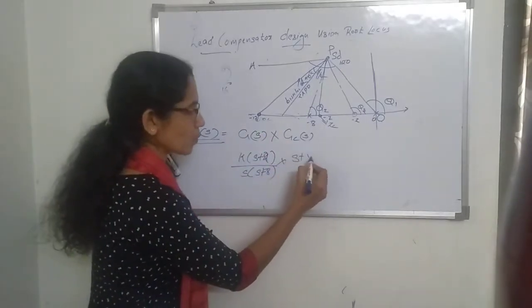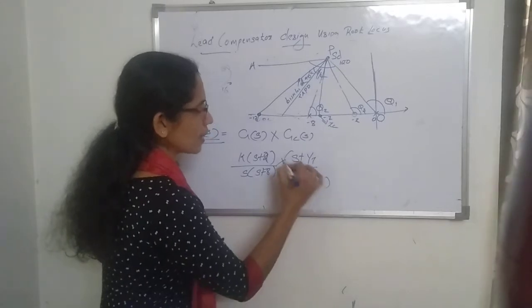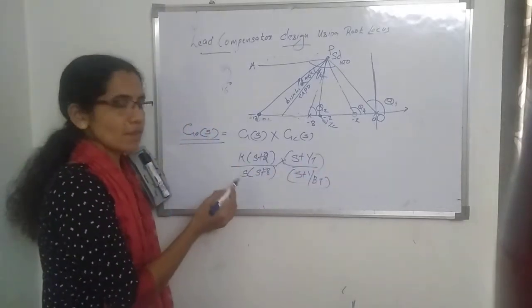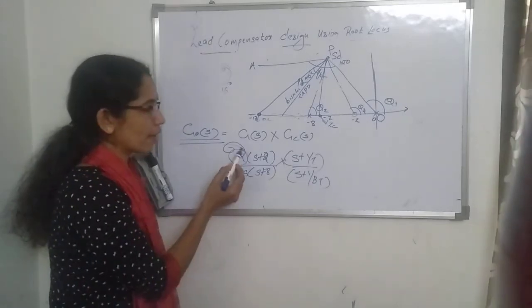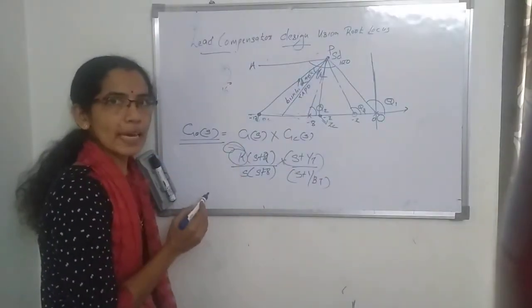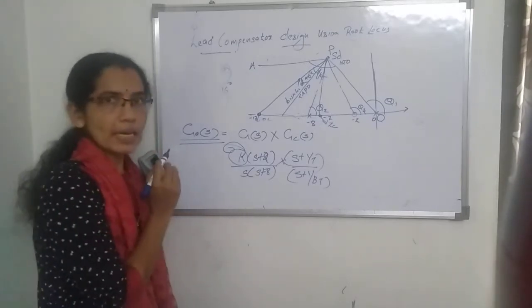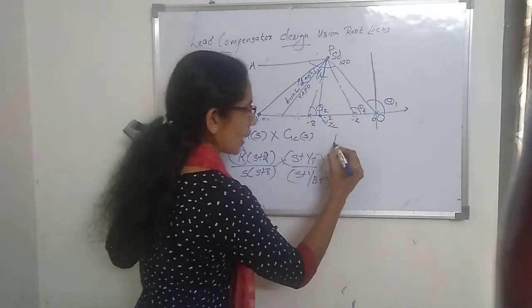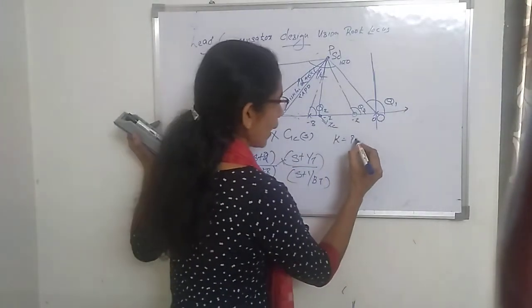GC of S is (S plus 1 by T) divided by (S plus 1 by beta T). From this equation we can see that we have not yet found the open loop gain K. Next step, we need to find this open loop gain K. The open loop gain K is found by using the equation K is equal to the product of